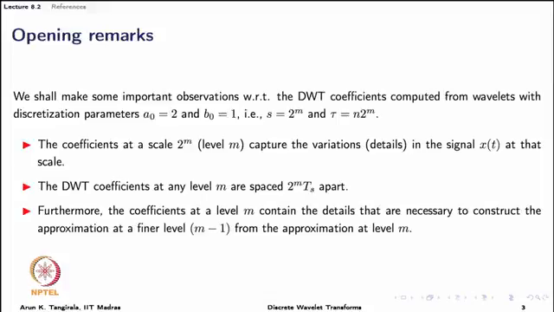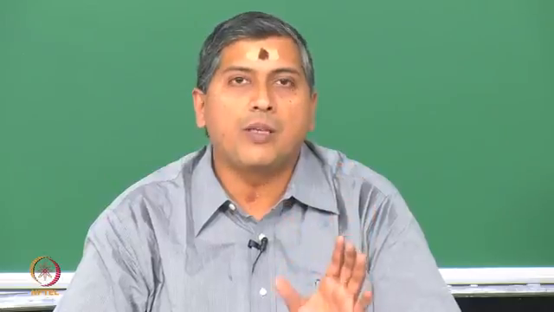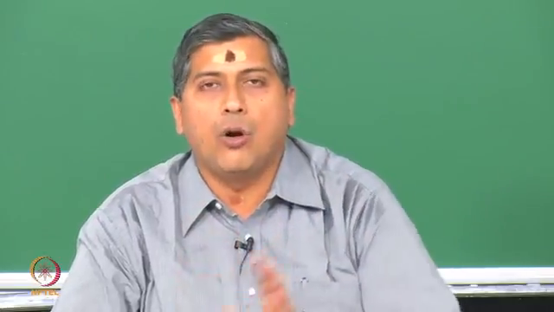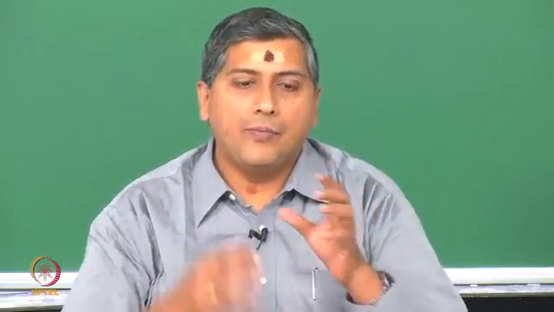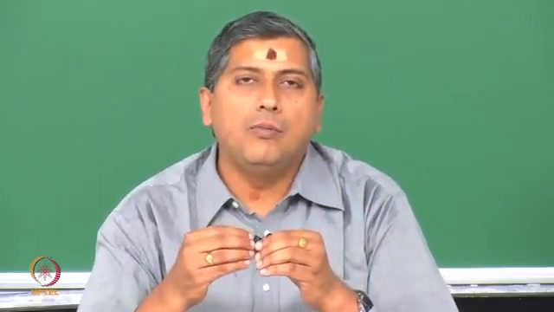And the second point is that the DWT coefficients at any level m are actually spaced 2 power m Ts apart. Now, what does this mean? So, Ts is the sampling interval of the signal. As I am moving up the scale, what is happening? I am actually losing out on the time resolution. That is what this means. So, if I move from scale 0 to scale 2 or level 0 to level 1, then the spacing in time